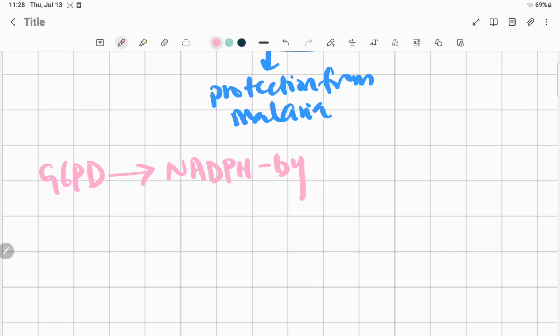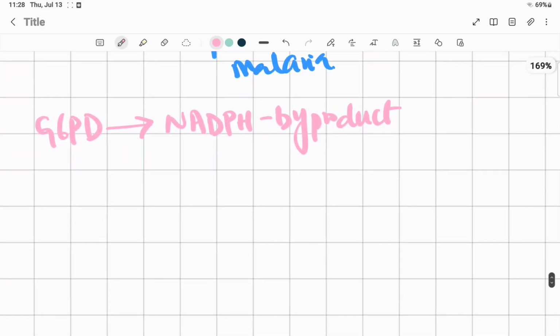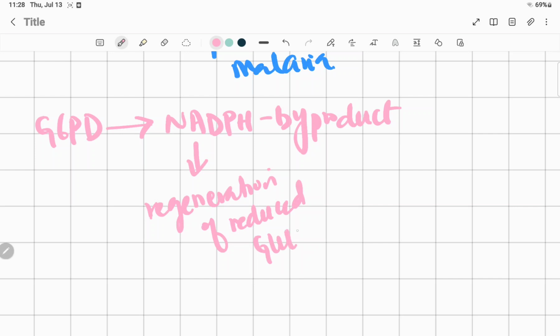And this NADPH is required for the regeneration of reduced glutathione, right? And we know what glutathione is required for: